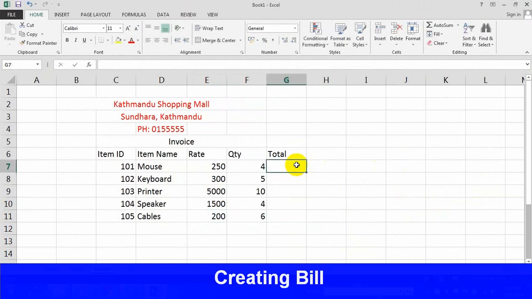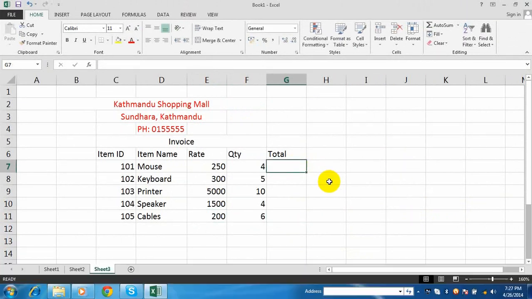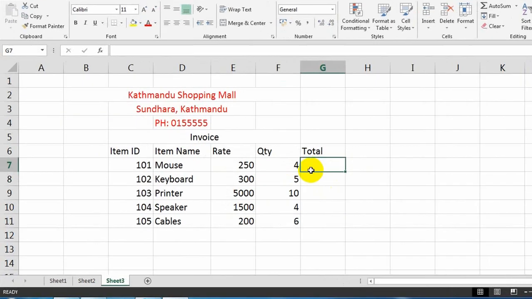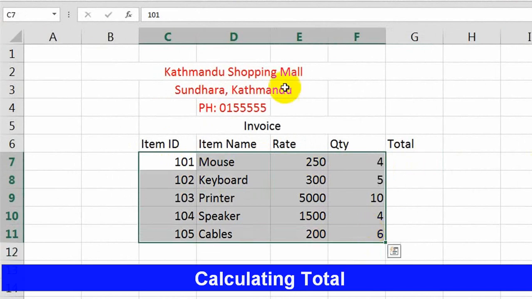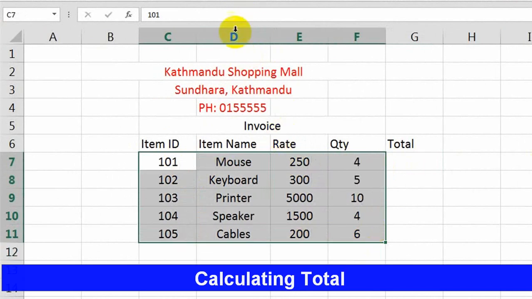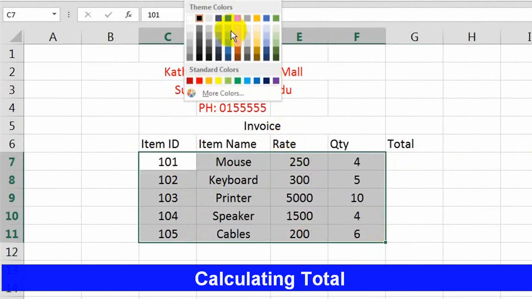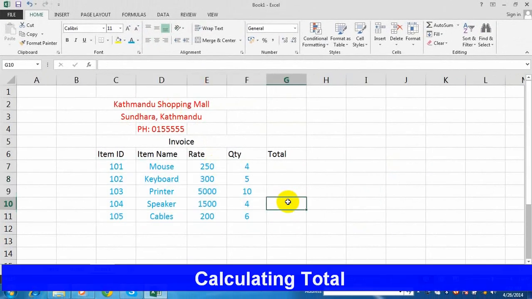Okay, now let's calculate total. So here you can align the data, select the data, click on center align. You can color also as per your desire. Okay, now let's calculate total here.